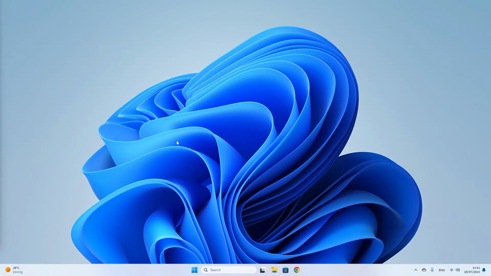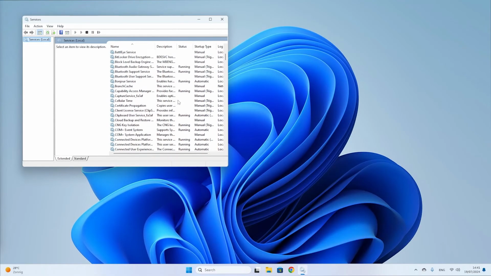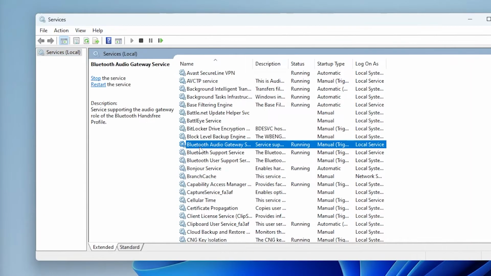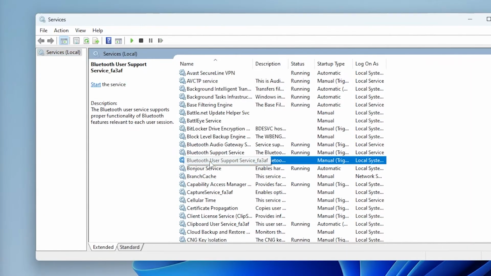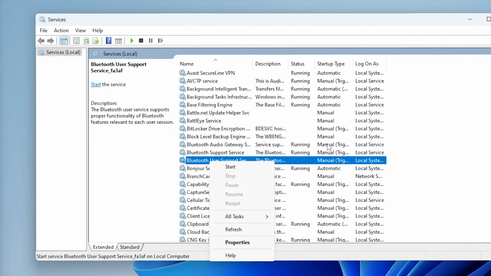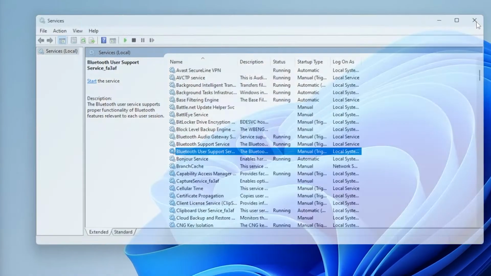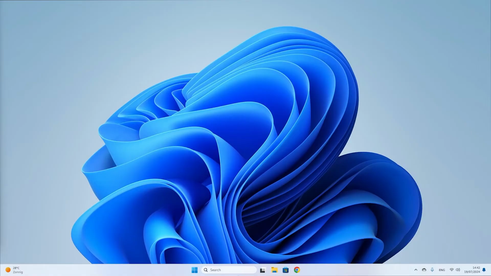If none of the previous methods have worked, what you can try is open up services, scroll down until you find Bluetooth related services. Let me expand this. Over here you can see three Bluetooth services. Make sure they are all on manual and not on stopped or anything. So check it. If they are on manual, close this, and if it still doesn't work, go ahead and open